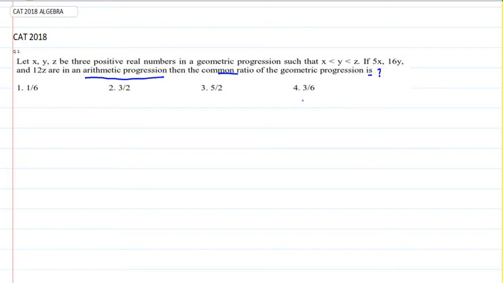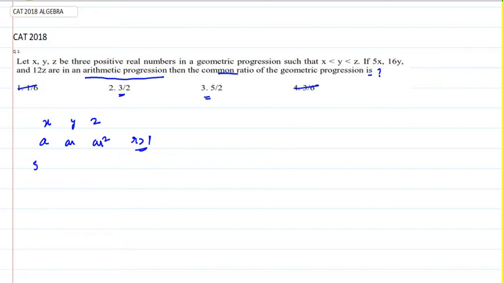So what I understand here is I need to assume three terms in GP, then multiply some coefficients, put them in AP, and from there find the common ratio. X, Y, and Z are in the increasing order. That tells me A, AR, AR square. And R needs to be above 1 because it is an increasing GP. That tells me because I'm looking for R, option 1 and option 4 are gone. Only possibilities are option 2 and option 3. So two options are directly out of the window.